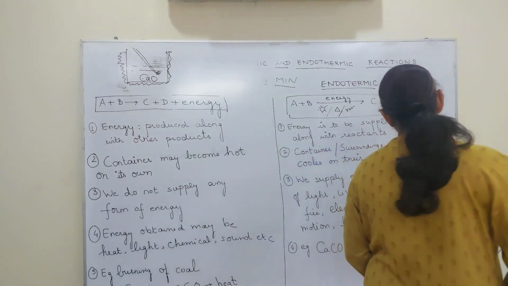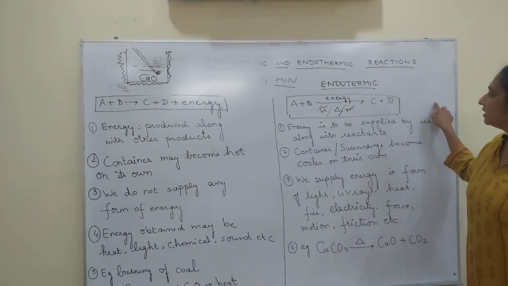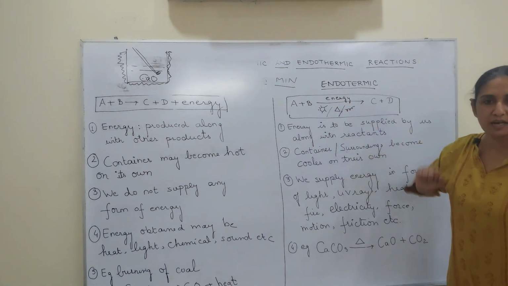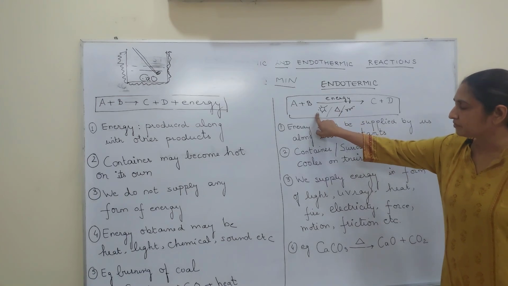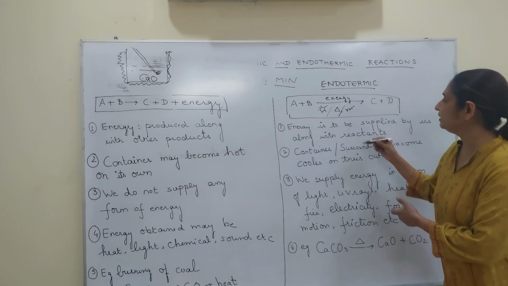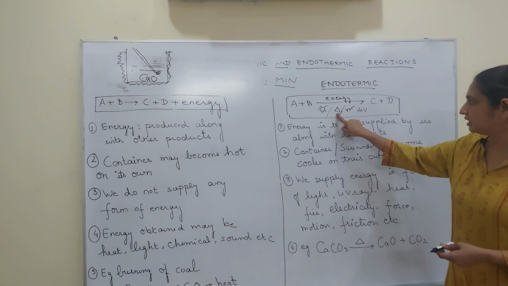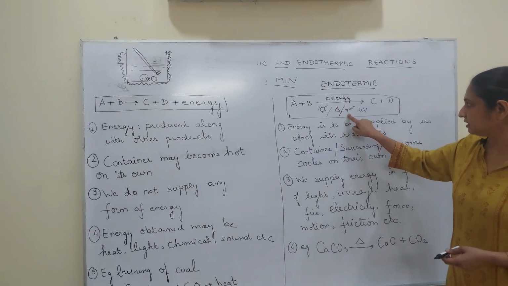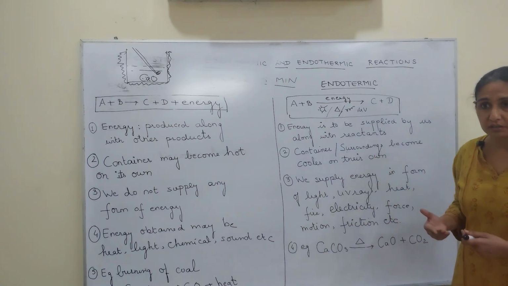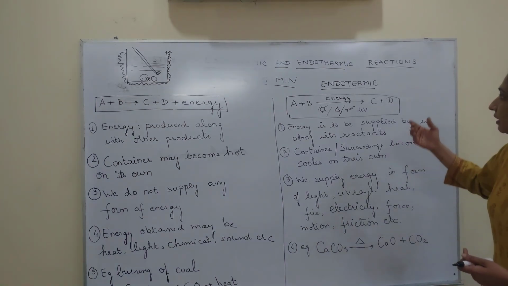Just opposite, very quickly, is the endothermic. In endothermic, you will never have energy written on this side. You will always have energy written here on top of the arrow. It can be in the form of light, like the sun, or UV rays. Sometimes they write UV. It can be in the form of heat. This is a symbol for heat. It can be in the form of electricity. This is a symbol that you are supplying electricity, like in electrolysis. So electrolysis becomes an example of endothermic.